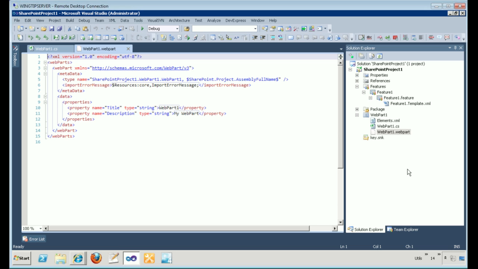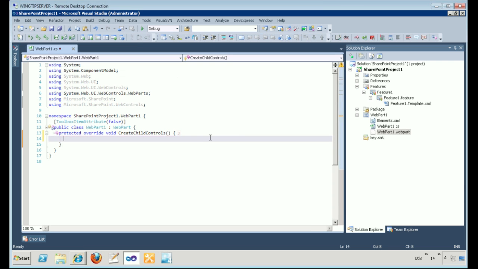This is just an XML file that tells the ASP.NET web part framework, because see, SharePoint doesn't do anything with web parts. SharePoint leverages 100% the ASP.NET web part framework. The SharePoint team is not in the web part business at all. Everyone thinks, I want to build a SharePoint web part. You're really not. You're building ASP.NET web parts. You're just packaging them up for SharePoint. So all the code will be the same. This right here is just going to tell the ASP.NET web part framework where to go find the web part